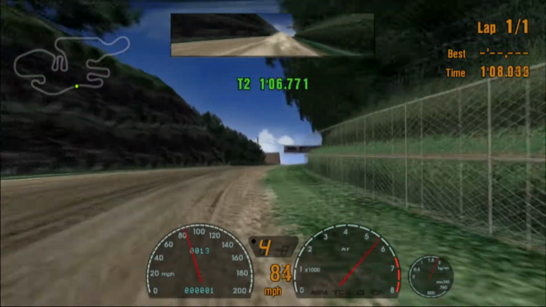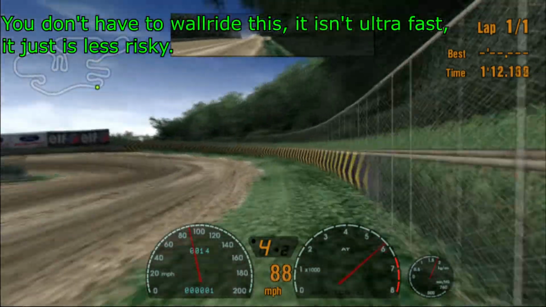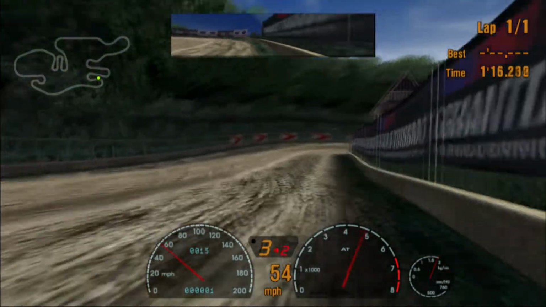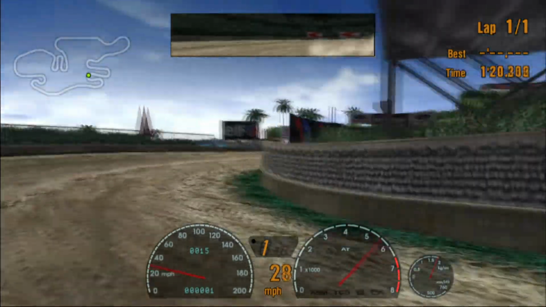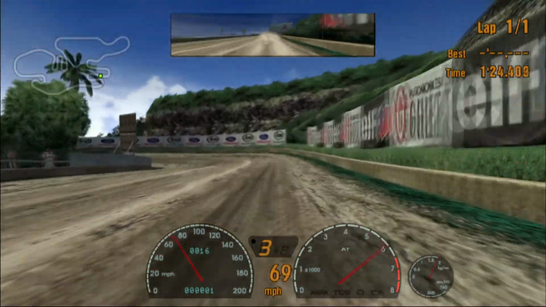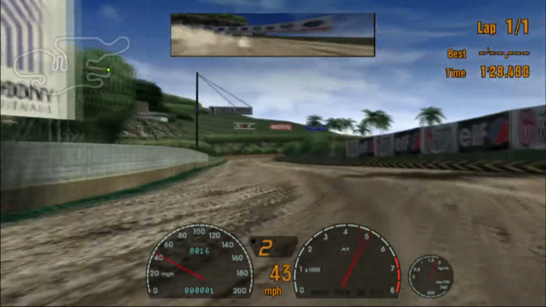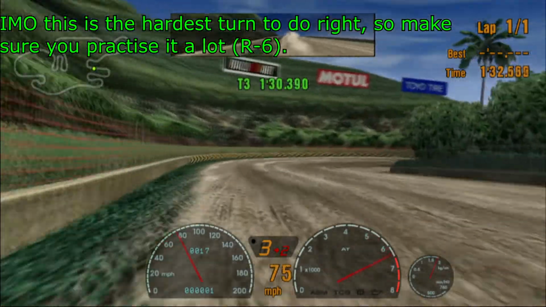Here, I'm going to show you a trick. You can wall ride this bit. It's not actually that much faster than doing it perfectly, but it is more reliable. Now again, turn, brake, throttle, and now I'm just trying to control the steer there. I will show you the telemetry after this. Left, brake, throttle. I didn't actually counter steer at all there. If you do it right, you don't have to, but...